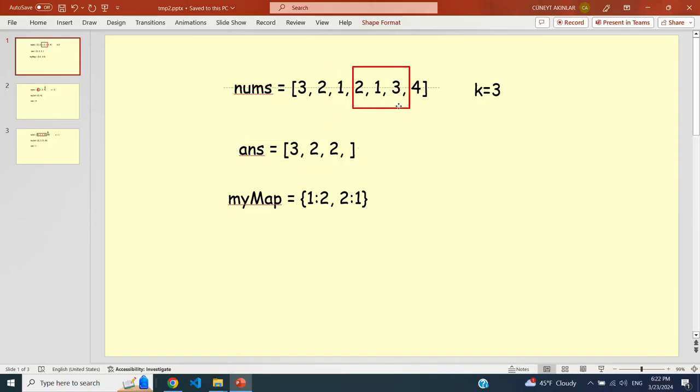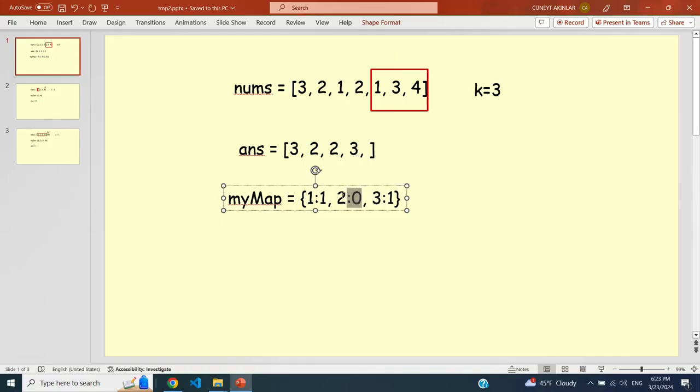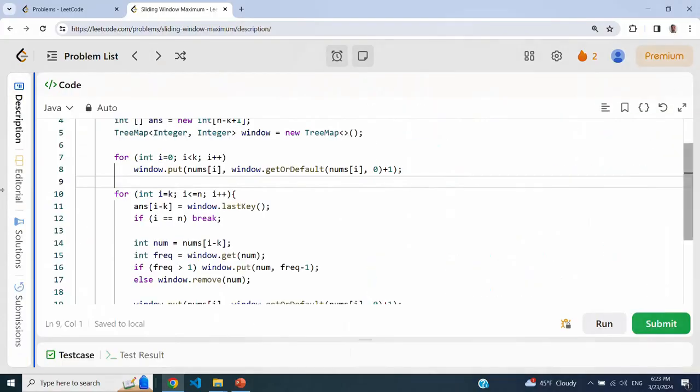Now move the window again. 1 gets out of the window, so I need to decrement its frequency. It becomes 1. And now 3 comes into the picture, so there is a 3 and there's one of them. The maximum value is 3, so I put it into the result. Move the window again. Now 2 moves out of the window. The frequency becomes 0. Because the frequency becomes 0, I need to remove it. And 4 comes into the picture, so I increment its frequency, and the maximum value at this point is 4. So that's the general idea. I'm going to keep track of the elements within the current window in a map, and just count the frequency of each number. And here is the actual code.